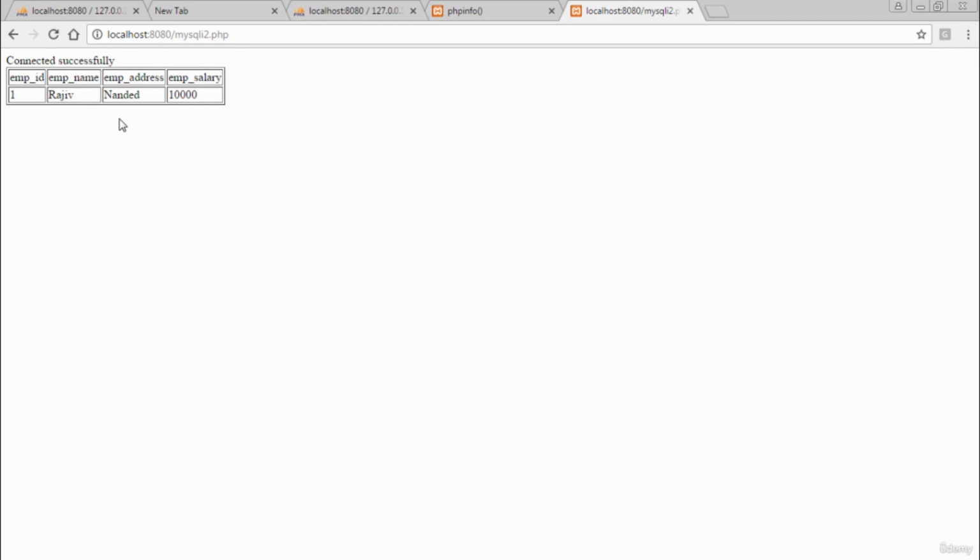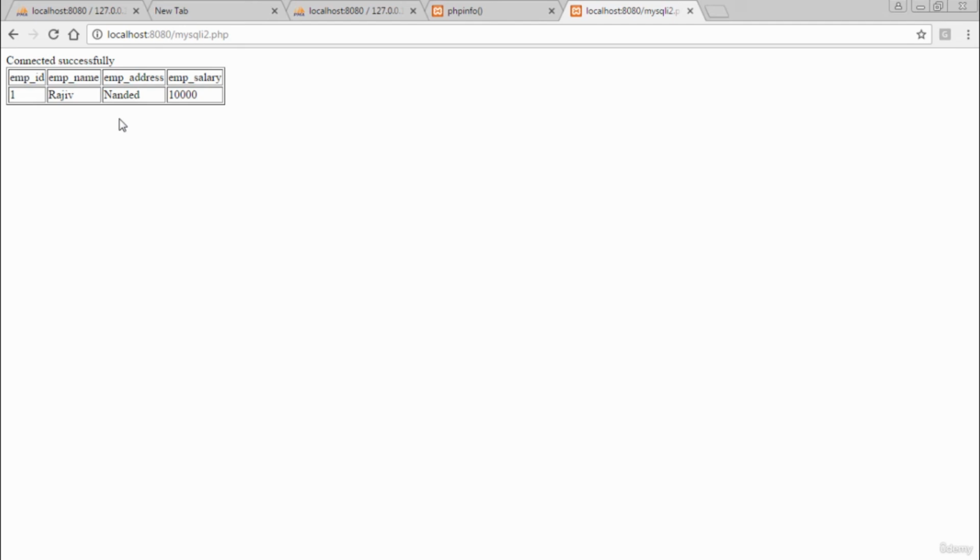Because there is only one row, only one row has appeared, but as many rows as there will be, they will be displayed one below the other. No issues with that. So that is the demonstration of both the procedural interface as well as the object oriented interface